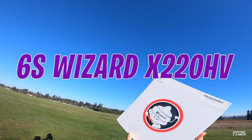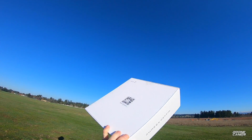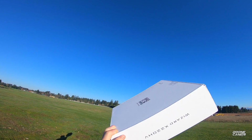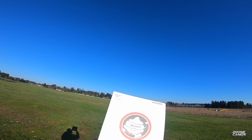Oh man, look what Santa brought us, another 6S. Awesome, super beast quad. We're gonna pull this out of the box. We're gonna do some line of sight flying with it for you guys. After that, we'll do some FPV, and then we'll head into the studio and check a little closer look at